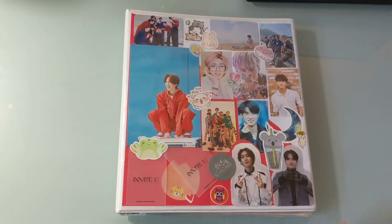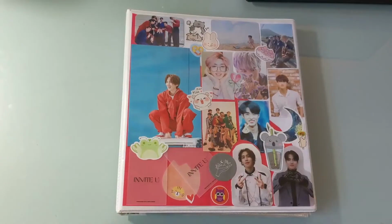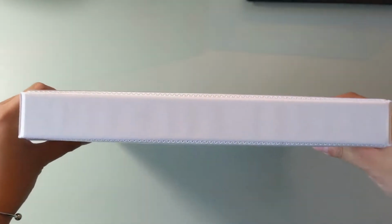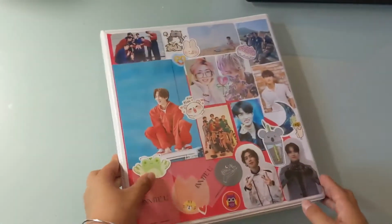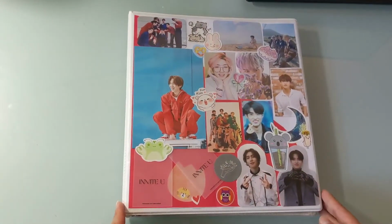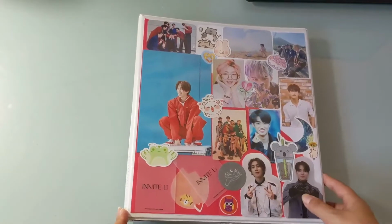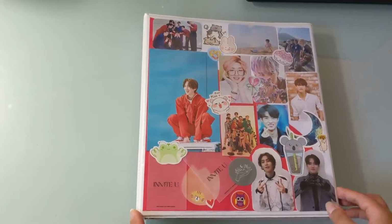In this video, I will be going through my Pentagon Large Inclusions binder. This is a simple 1-inch binder where essentially I put everything else that wouldn't fit in a very conventional 9-pocket page. For example, Pentagon does a lot of postcards for their season's greetings and pre-order benefits, and they do a lot of individual member posters. I didn't want to shove everything into one giant 3-inch Pentagon binder, so I decided to separate it out into